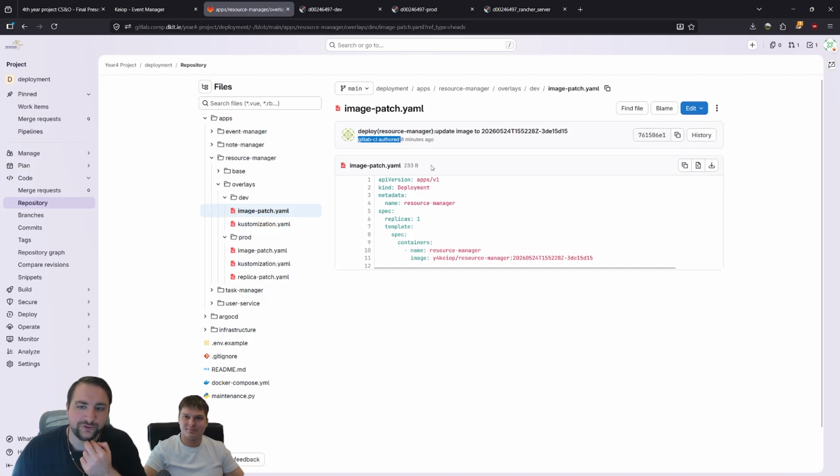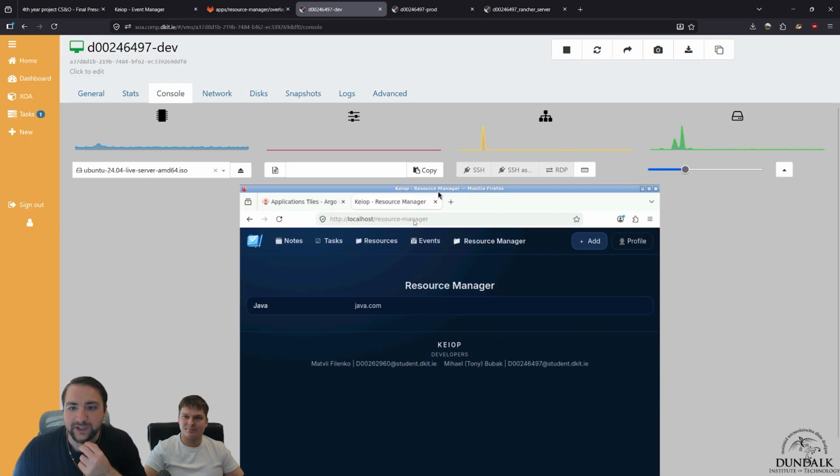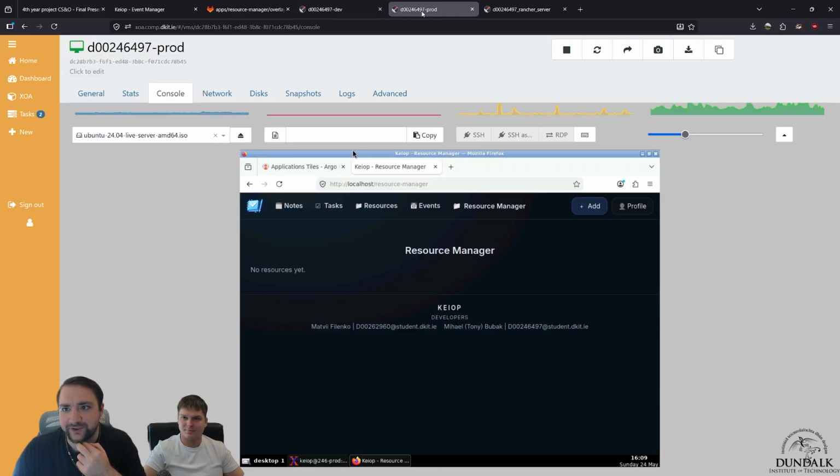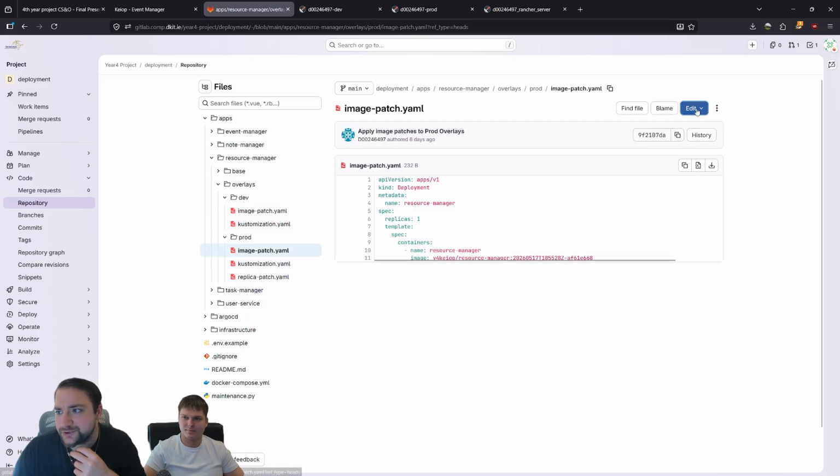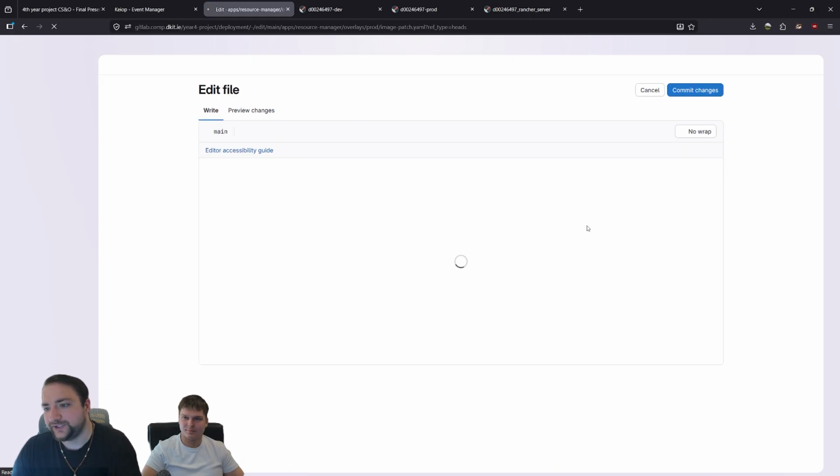With deploying onto prod, we do it manually. So it's manual image promotion. And just to show you, the resource manager is updated here in dev, in prod it isn't. So if we just grab this value from the resource manager and we go into the patch and we edit it,